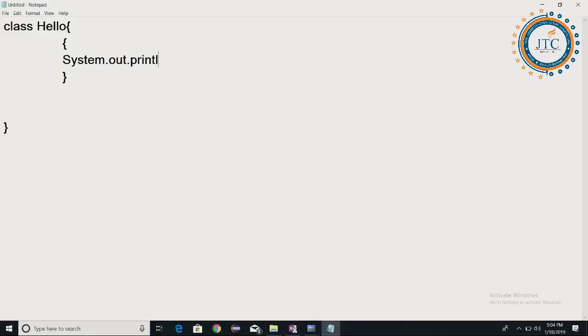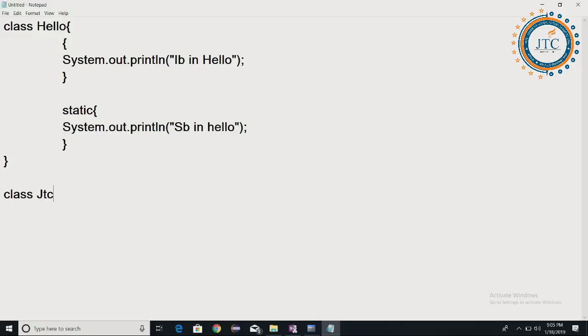We are writing something called the instance block, which is IB in class hello. Similarly, here one more thing I am writing, a static block. So I will write SB in hello, static block in hello, and here I am writing the static keyword. Fine. These two things I have written.